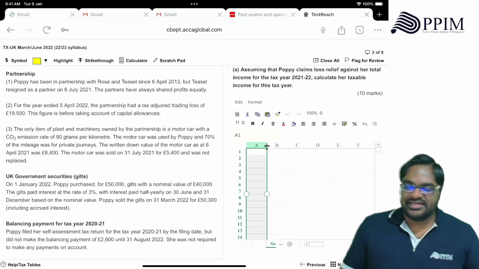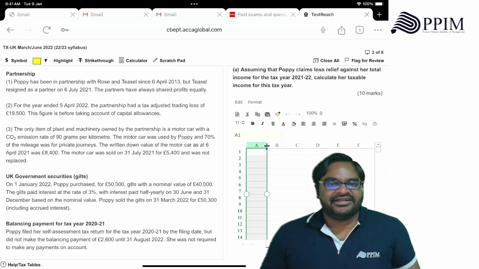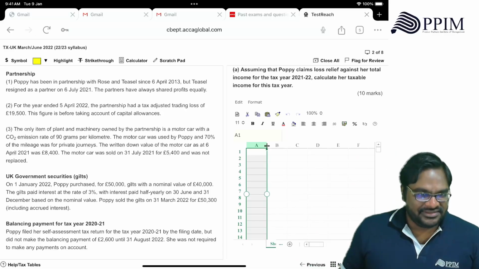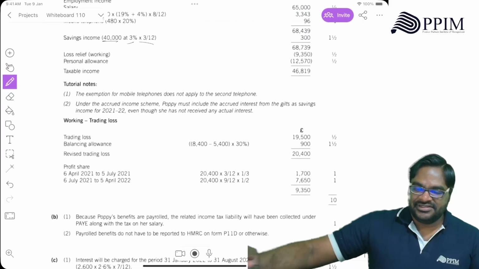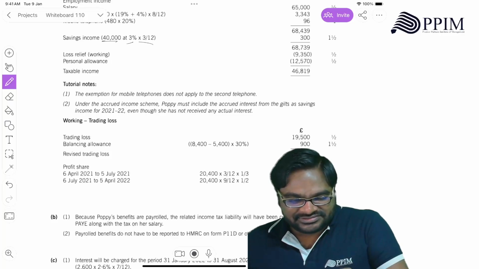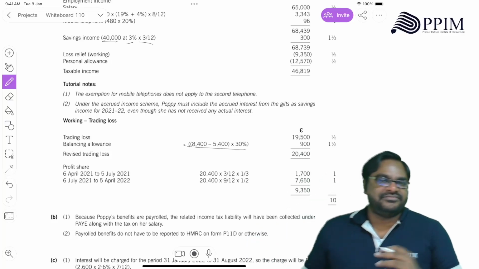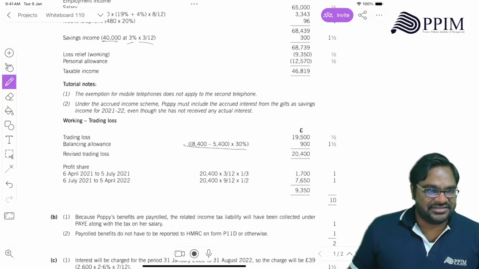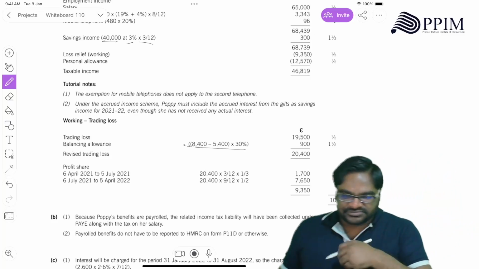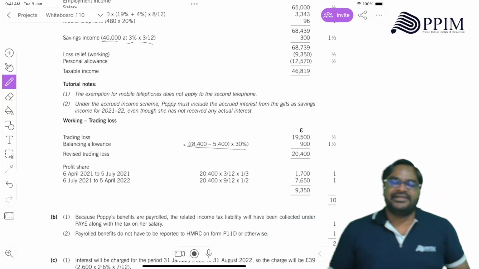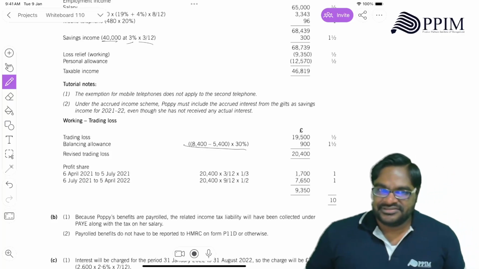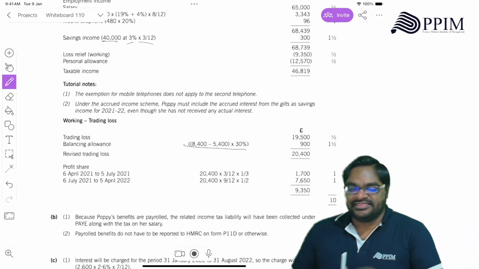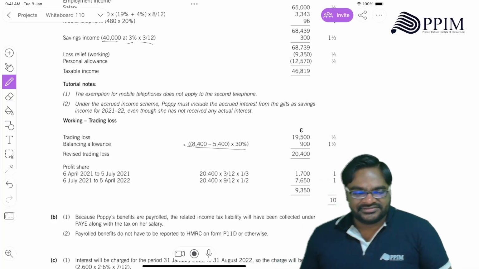Out of that, you can claim only 30% because 70% is used for private journey. So I multiply that by 30%. That's what they have done here: book value minus your disposal proceeds, times 30%. So by that amount, your partnership loss should go up, right? But again, we can't straight away apply this because in the middle, one partner is leaving